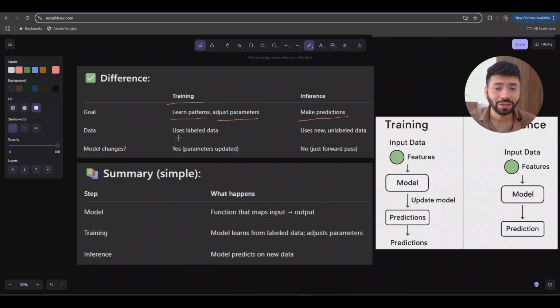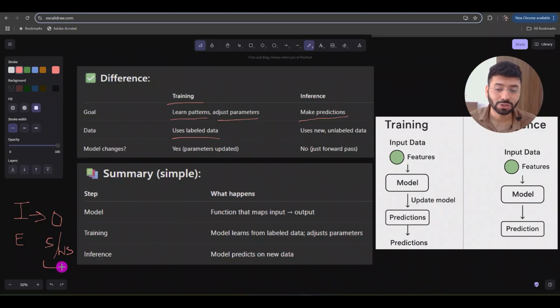In case of training you use labeled data. What does that mean? That you already have the input and corresponding to that you already know the output. Say for example, for an email which is given to you as an input, you already know whether it's spam or not spam. Okay, so basically based on that you will make the predictions, check the output and learn.